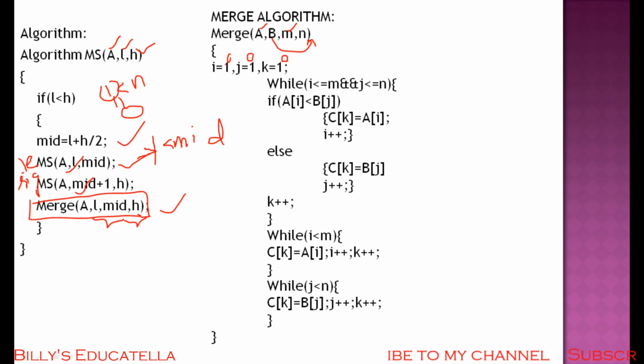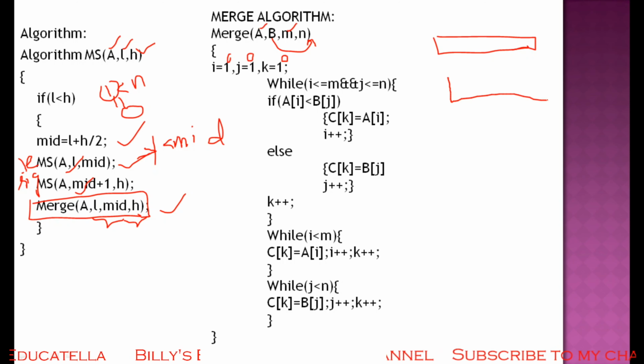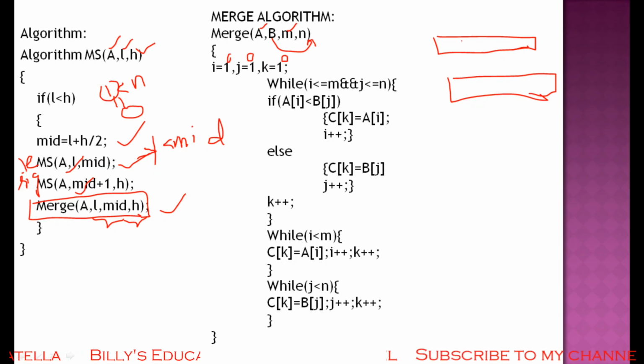So when the value of the array is greater than 1, array size must be greater than 1 and this array size also greater than 1. So here for merging the array we use this loop. If this is an A array and this is a B array and this consists of some elements and this consists of some elements, if array of i